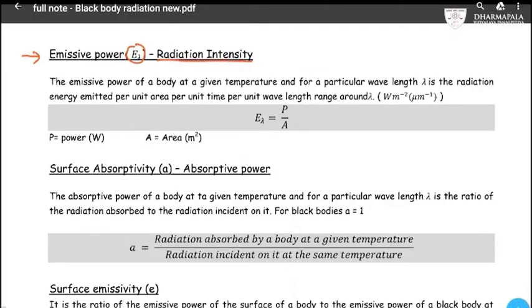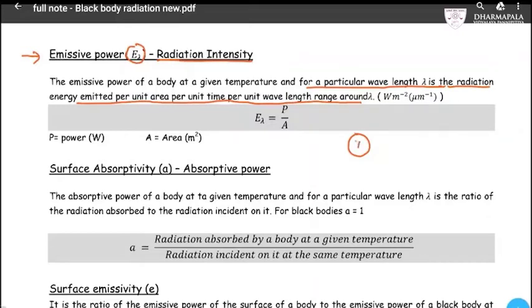Radiation intensity. So radiation intensity at a given temperature and for a particular wavelength is the radiation energy emitted per unit area, per unit time, per unit wavelength range. That means if you take a certain black body, or even a normal body object,